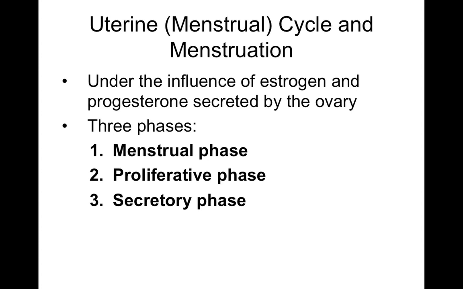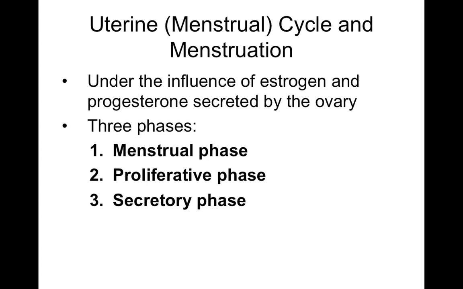When that estrogen is now stimulating the regrowth of our stratum functionalis during the proliferative phase. Now the secretory phase begins after ovulation, which is day 14, mid-cycle. And so the secretory phase accompanies most of the uterine cycle, right? So if this is a whole 28-day cycle, basically the secretory phase accounts for 14 of that, right? 14 of those days is the secretory phase, which occurs after the